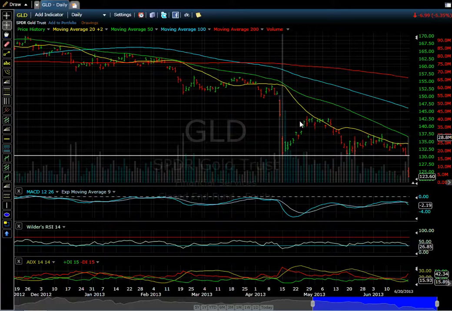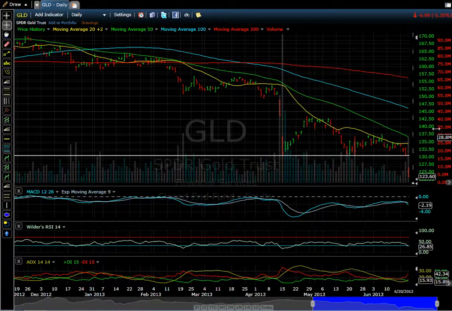SPY, of course, is one of my favorite stocks to trade because it gives you market direction and it has very good pricing in the options. But when you're watching that and you're watching gold at the same time and they're both down huge, normally it means that you're in a market correction. So we actually entered into a market correction yesterday. We continued today on